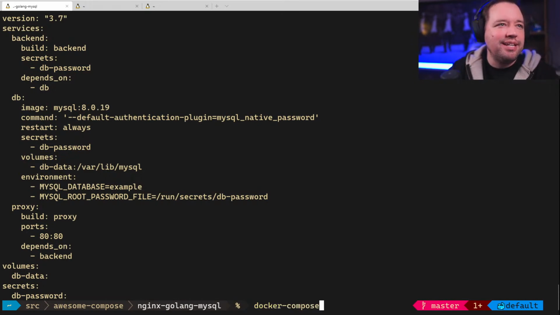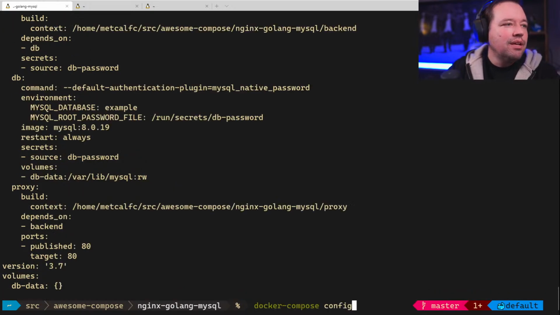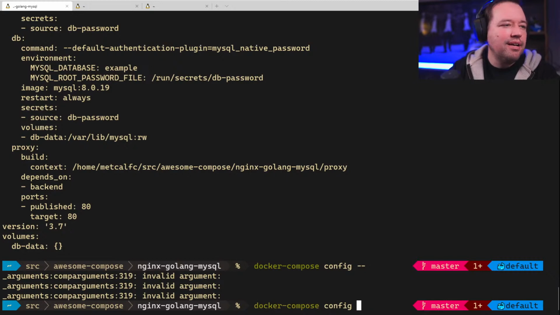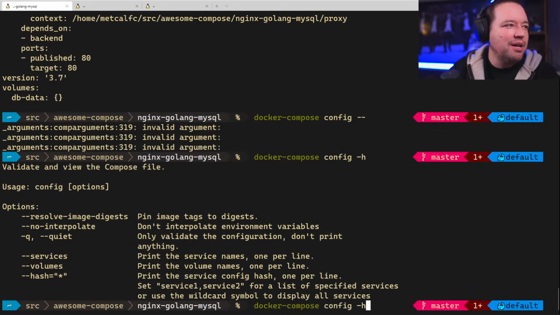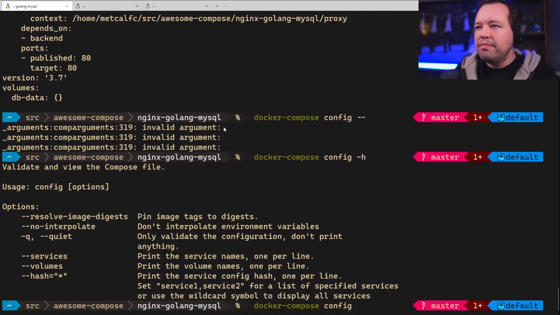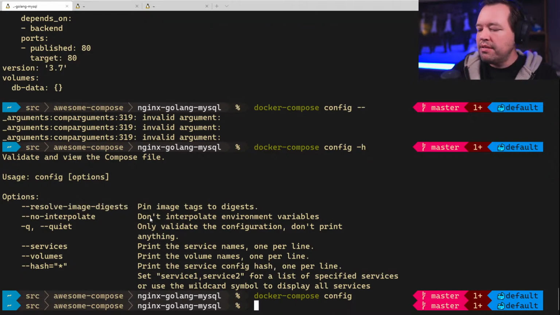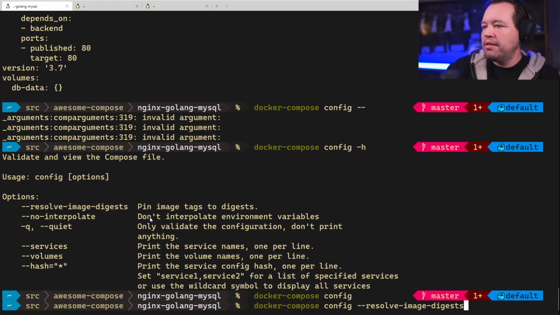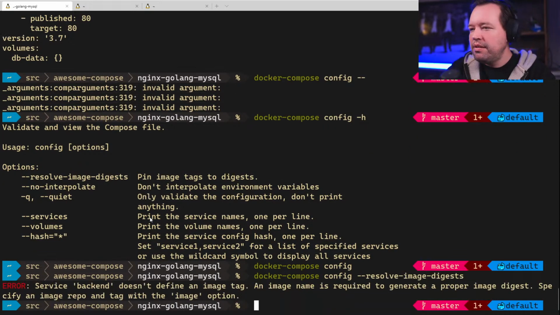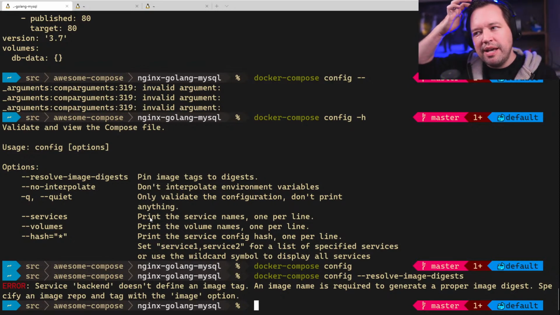This is now passing beginner and going to advanced. But if we look at compose config, oops, I'm moving it. That's not good. And do resolve digests. Oh, so I can show this in a different example, but basically,